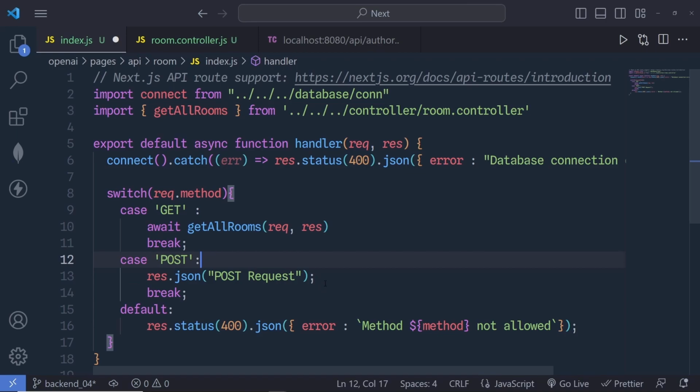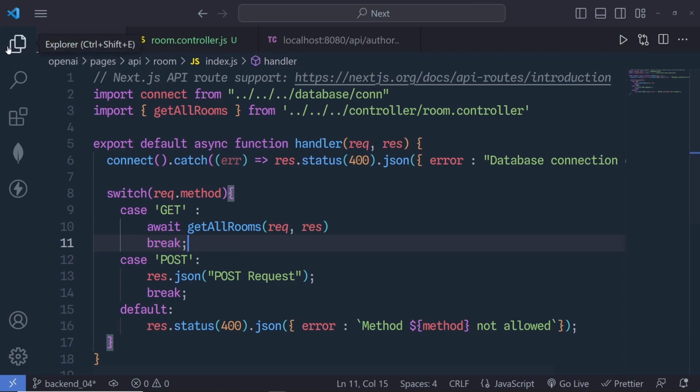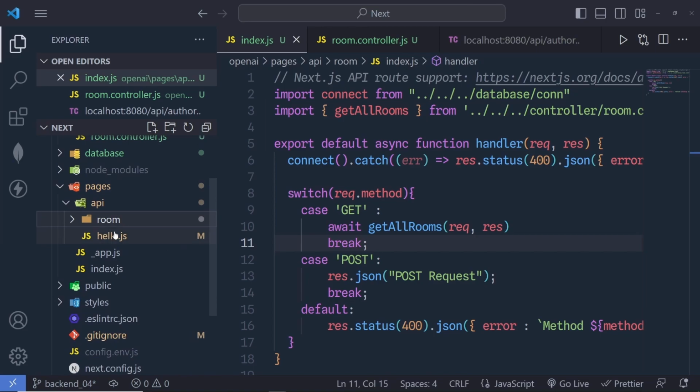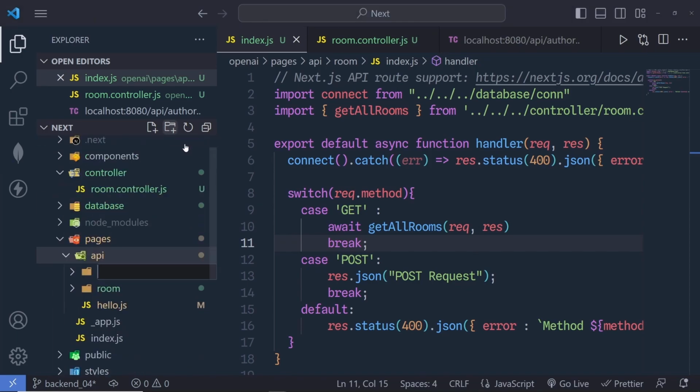Now we can do the same thing for the post request as well. We'll do that after a few seconds. Just for now, let's save the changes and create another endpoint inside this API. Now, as you know, room is going to be the first endpoint for this application. Let's create one more. If I create one more folder inside this API with the name chat, and inside this,